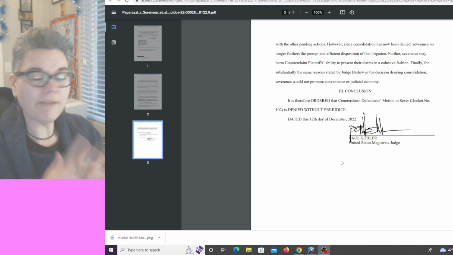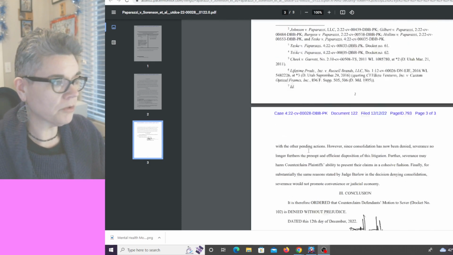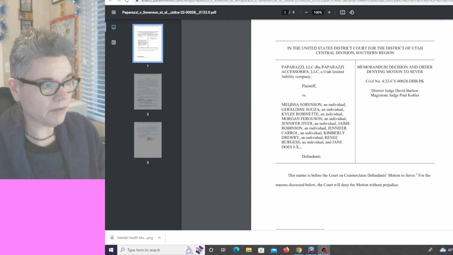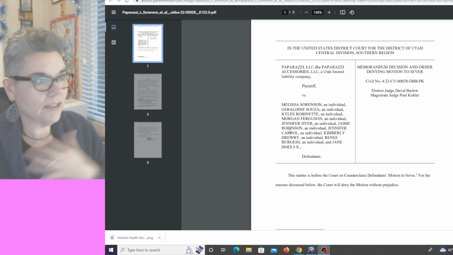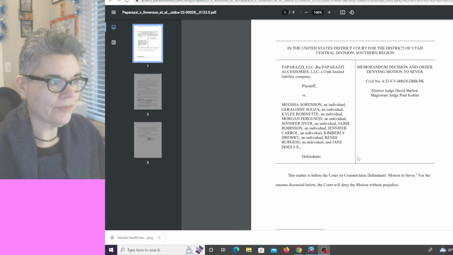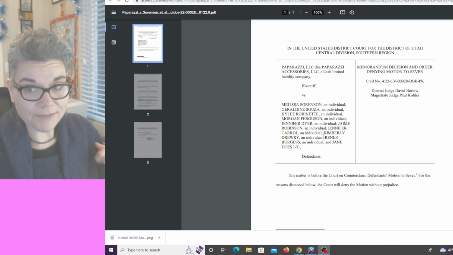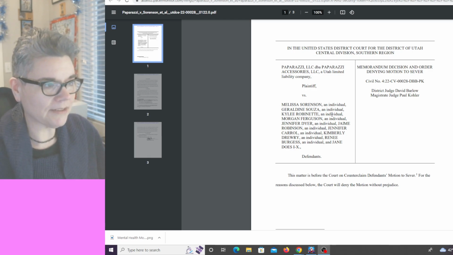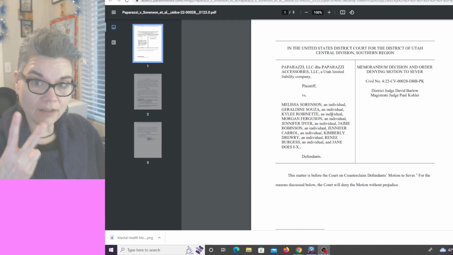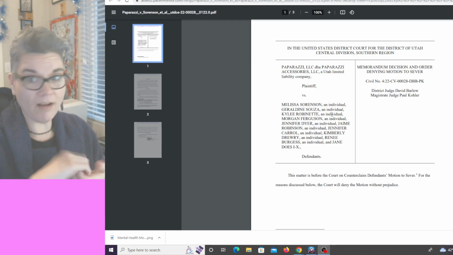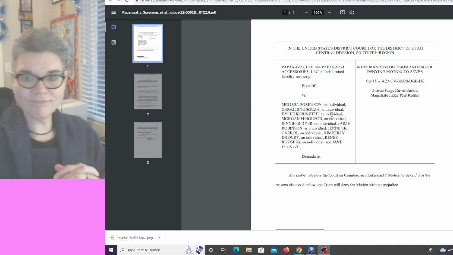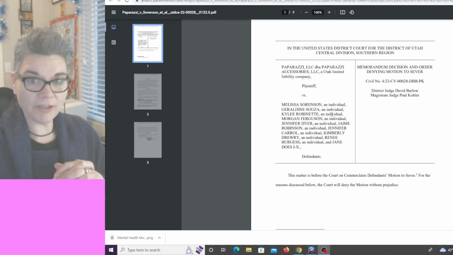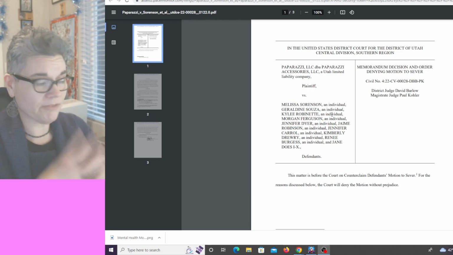Jerry and everybody that's in the Paparazzi v. Sorensen, all these people listed here, this is going to benefit them. Okay, in the long run, it will benefit them. It's going to hurt paparazzi because now paparazzi has to fight 2 separate lawsuits because they did combine all the class actions into one, I believe. But this one, the counterclaim that Jerry and her company of peeps filed,